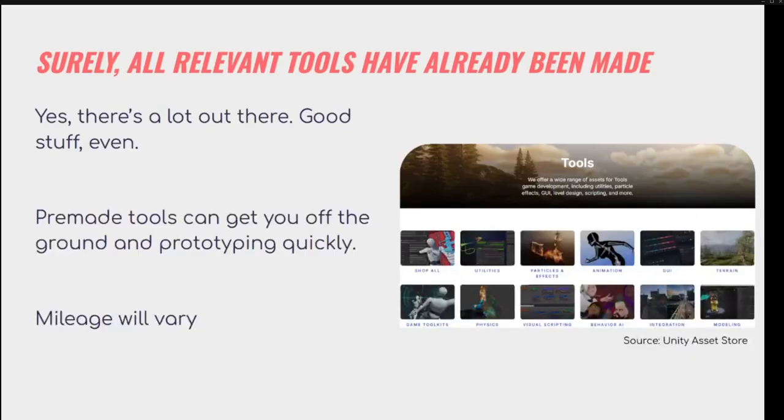A question or an assumption people might have is that, with the industry being where it is and AAA being where it is, perhaps the relevant tools needed to make games have already been made, right? Why do we need to make more tools? Well, there are many answers to that question. And while yes, a lot already exists out there, and they're really good tools that you can depend on and immediately bring to your projects,